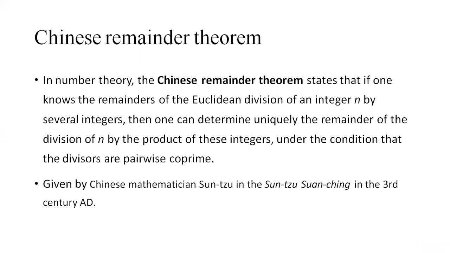In order to understand the Chinese remainder theorem, we should have some background about the topics that we covered in our previous session, that is prime number, co-prime number, primality testing, and factorization. What is a prime number? A prime number is a number which does not have any other divisor. Its only divisors are 1 and itself. For example, 11 is divisible by only 1 and 11, not by any other number. Whereas 12 is divisible by not only 1 and 12, it is divisible by 2, 3, 4, 6, etc. So that's why 12 is considered a composite number.